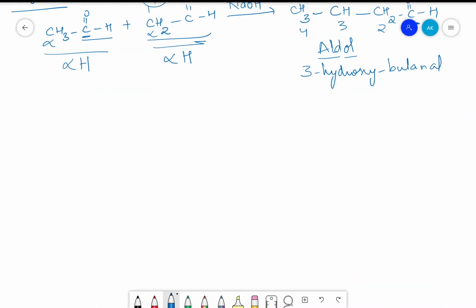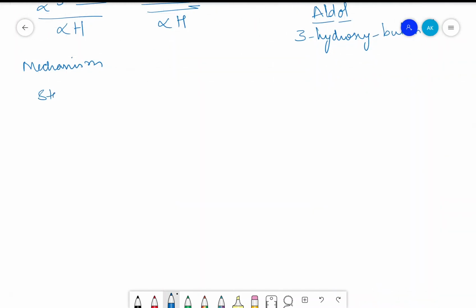Right, in this we are going to talk about the mechanism. In the mechanism, the reaction is supposed to be reversible. The first step will be the formation of an enolate ion. That is, we are going to use one acetaldehyde, which should be written in this way, that is CH3 C double bond OH, in the presence of, instead of writing on the arrow, I'll write OH with a negative charge, that is base. It is a reversible reaction, that is why reversible arrows.